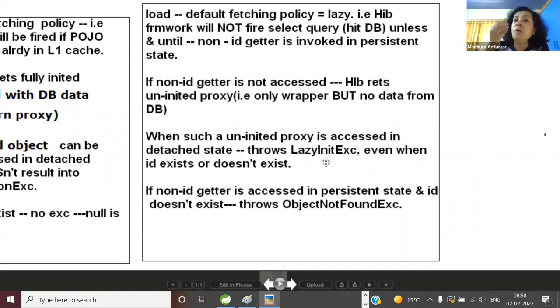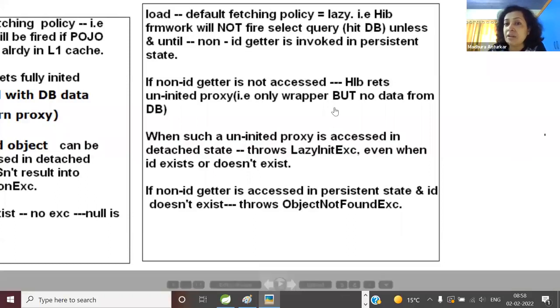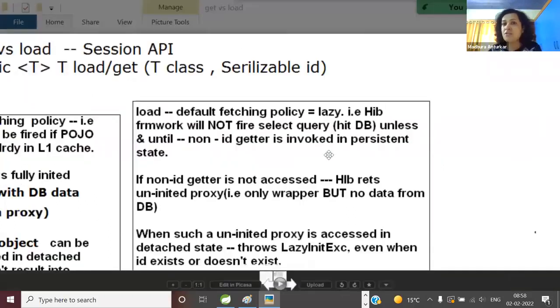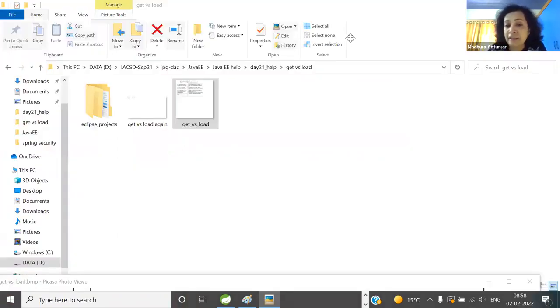Okay, so this is one default behavior. If you want to avoid this lazy init exception, is there a solution? Of course there is a solution, but first let me check your understanding. Here is a question for you. In any to many scenario, which is one book has multiple authors, one author has multiple books, many to many. One course has multiple students, but a student can only opt for one course, one to many. I have shown you examples, and I've spent a lot of time on that. So if your one to many by default works in a lazy manner,